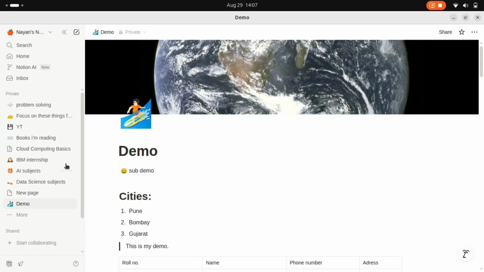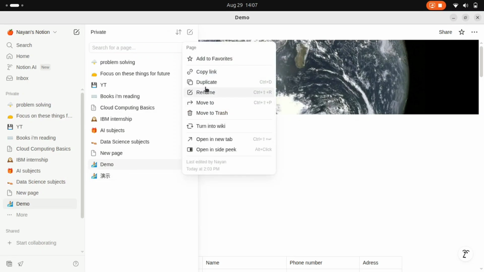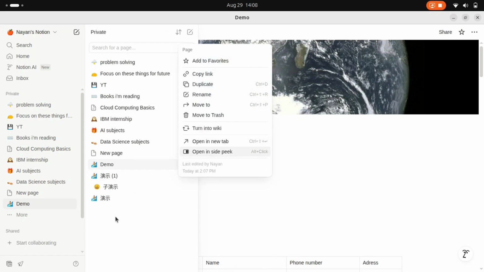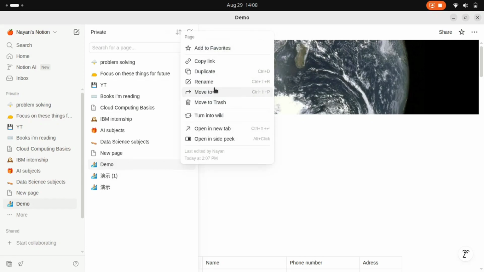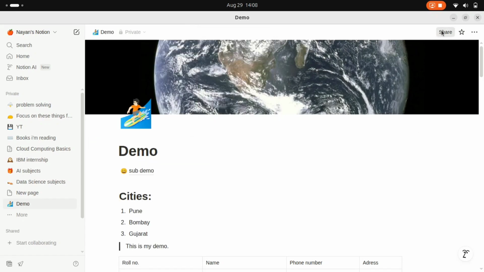As you can see, this is the basic overview of Notion. This is where all your files are saved. You can click on duplicate to create a duplicate, as well as you can click over here to see if you have sub pages. As you can see, we have created a duplicate. Now what we will do is delete this and